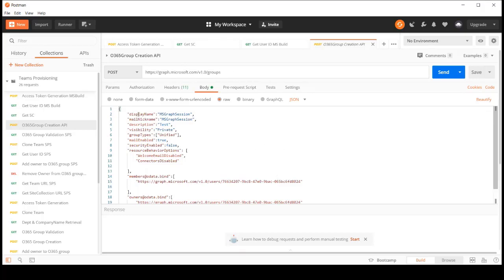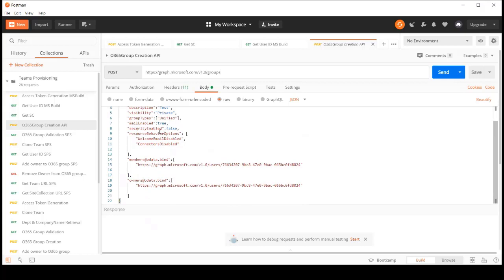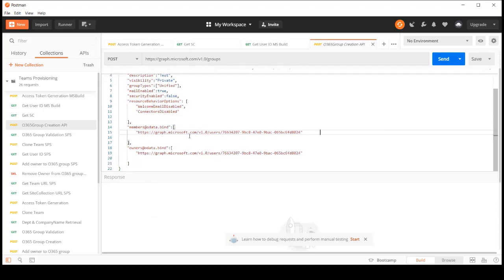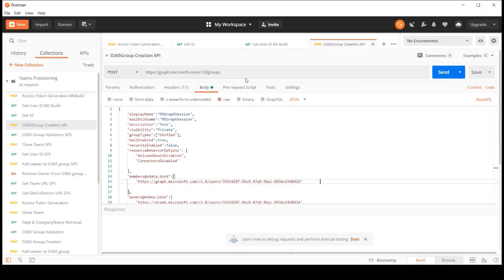Here we need to fill in the group details: display name, description, visibility, whether my group should be private or public, and whether it should be mail enabled or security enabled. I have also used some properties, members and owners. I'm directly going to add Sudha as member and owner of the Office 365 group. So my group will be created with the display name MS Graph session.